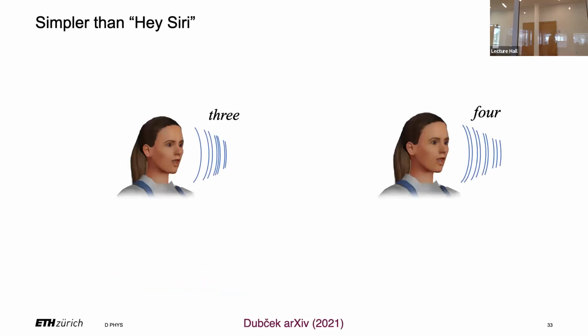It's a bit simpler than waiting for Hey Siri and not Hello Google, but just make a binary classifier between 3 and 4. Meaning I want to have a device that can distinguish between the 3 and the 4 without using any power. So that's the goal. That's the challenge. That's what we want to do. It's a bit like detecting a Hey Siri, but just a much simpler version thereof.